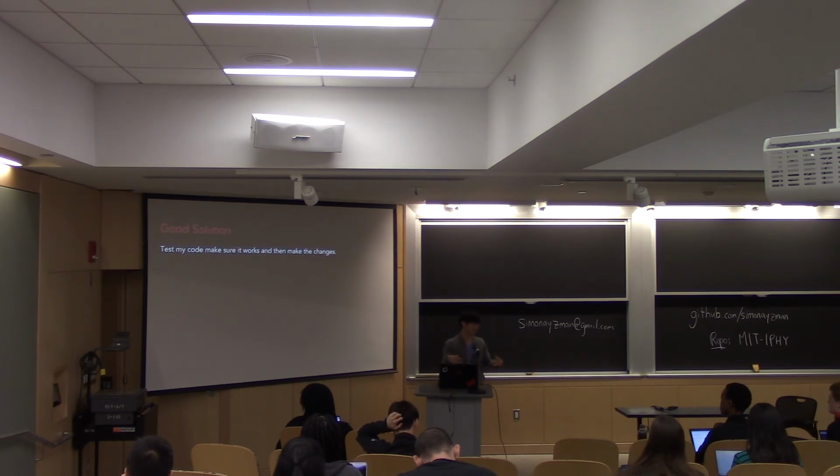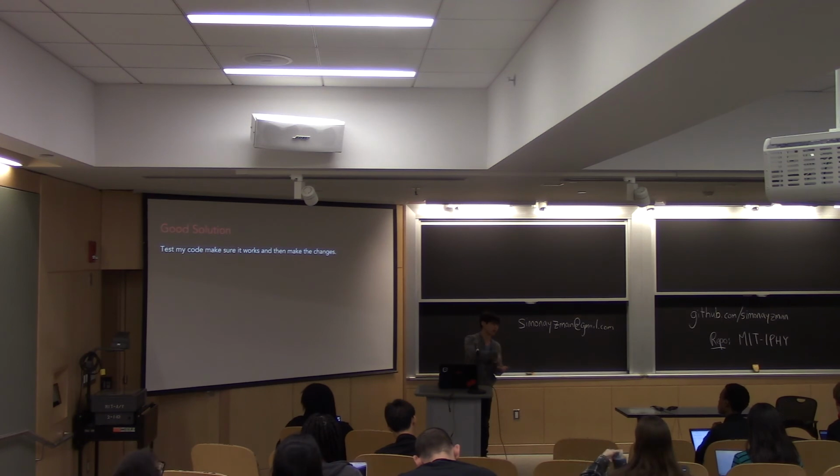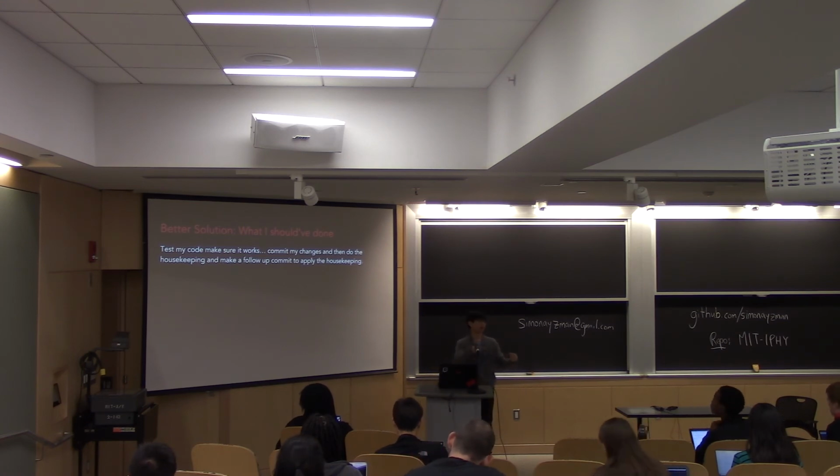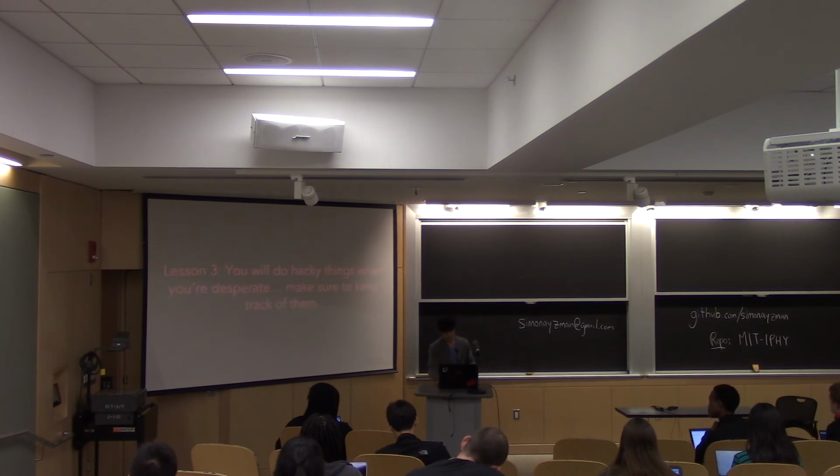So a good solution would be, test the thing you just implemented, be sure it works, and then do the code organization. Just put a kind of pin in the middle. Be like, okay, I know up to this point it worked. An even better solution would be make the thing work, commit, and then do the housekeeping and do another follow-up commit. That way, if you know that something broke at the very end, you can just hop back to the commit right before the housekeeping and see if it still works. And if it still works, you're like, okay, whatever I was doing in this housekeeping step, I probably screwed up, so I know where to debug now.